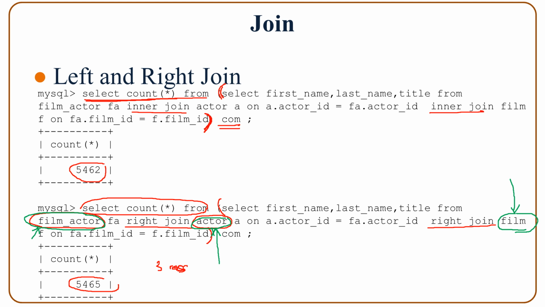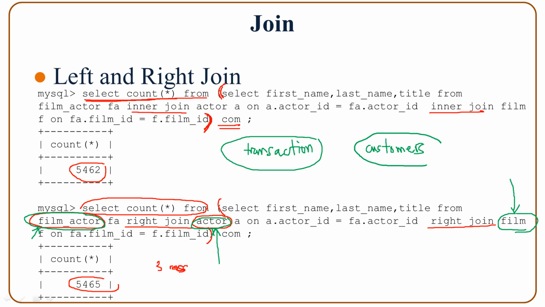Customers, and another table is, let's say, transaction. So transaction stores all the transactions made by customers, and customers store all information regarding customers. So even maybe in the table, there are customers that haven't bought anything. So if you want to see all the customers and the transactions, including the customers that haven't bought anything,